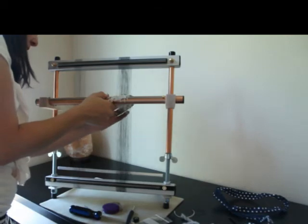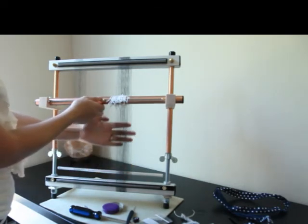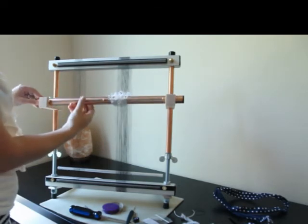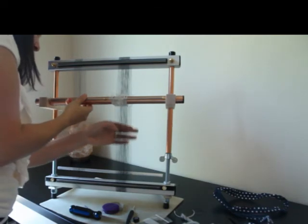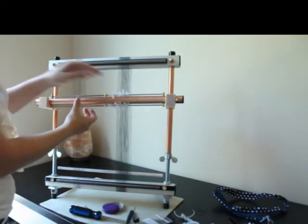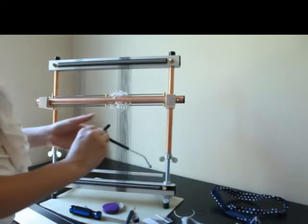So just going through, now it looks like I've separated everything, and you can see how I have this really nice shed right here. I can bring my hand through when I'm pulled one way, and then when I move it the other way, I'm going to do the same thing that I just did, make sure nothing's crossed, and you can see I have this really nice shed here. So it looks like I did everything right, and the next thing I'm going to do is place my handle